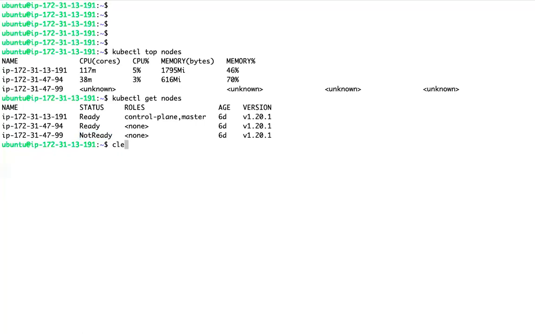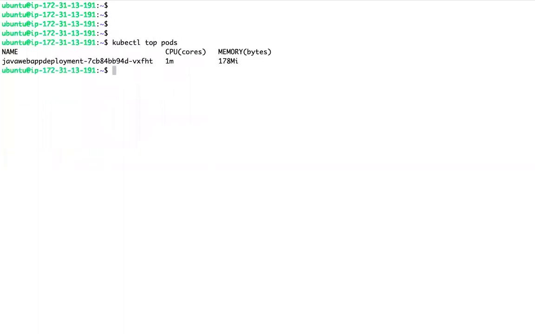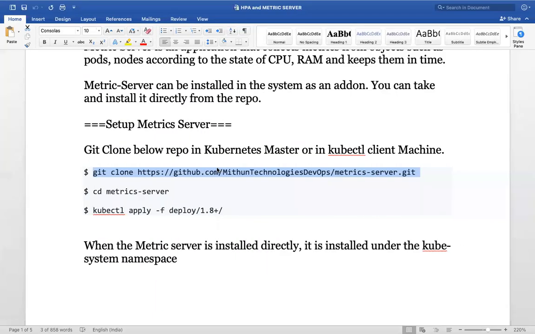Now it is trying to gather the metrics: how much CPU, how much memory utilization. I have not deployed that HPA. We just deployed this metric server, which is required to deploy that HPA. So now we have a component which will gather the metrics.